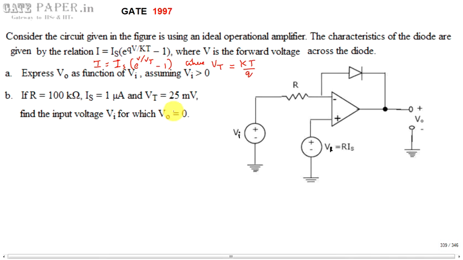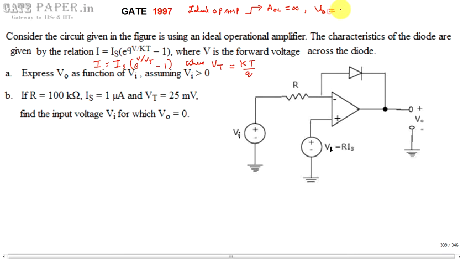Now, given that the op-amp is ideal, an ideal op-amp has two important characteristics. Even though it has many, these two are very important, and they will be useful for the analysis of the given operational amplifier circuit. The first one is that the open loop voltage gain is infinite. Because of this, we can say the voltage at both of its input terminals is the same. We can prove it like this.